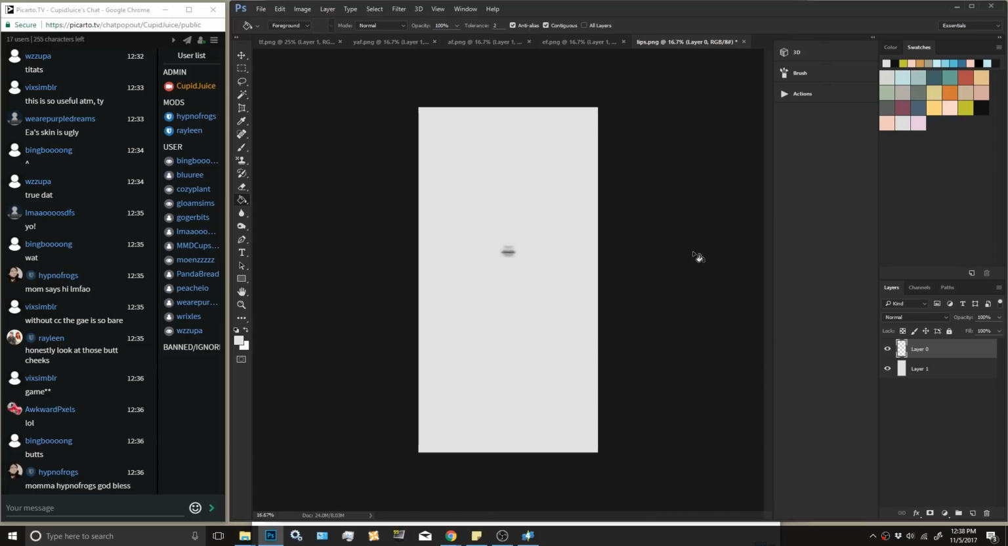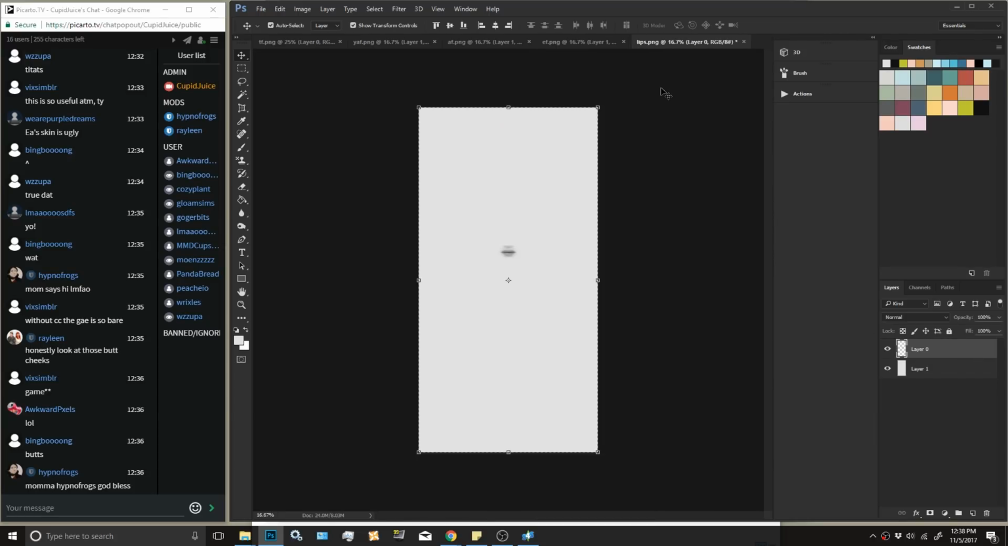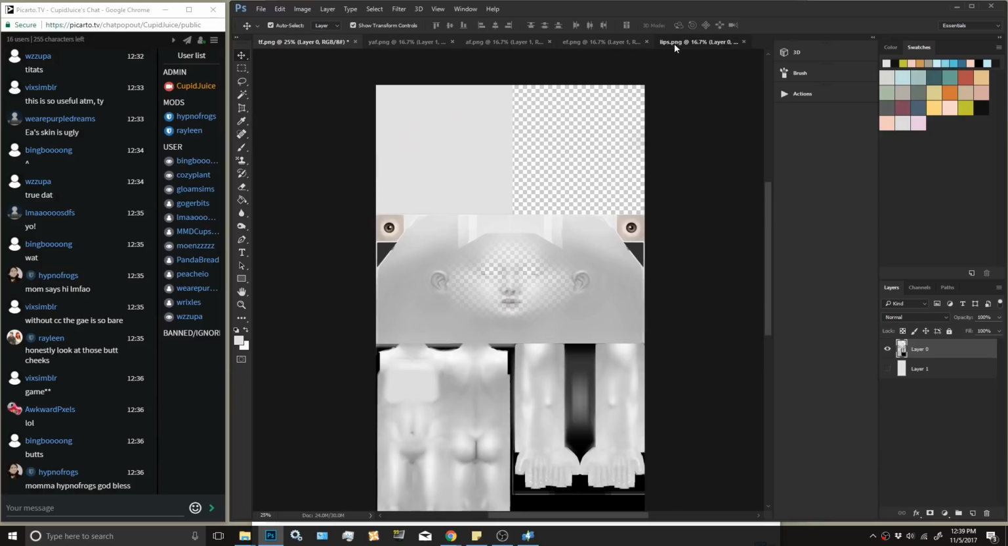Since we resized it, I'm going to go ahead and hit Control A to select the entire thing, and then hit Control C to copy it. And then, oh, sorry, really important thing. I'll show you right now. So I copied it, right? It's transparent. When you paste it, it's kind of off-center. And the reason that is because